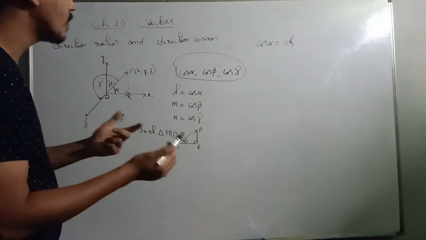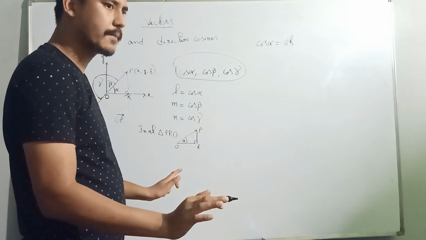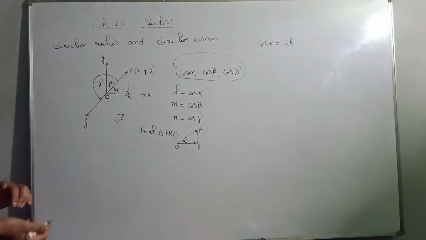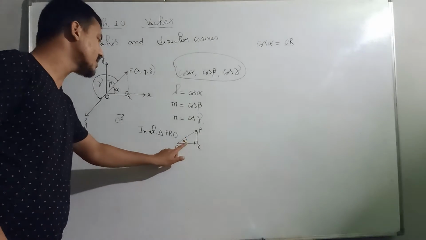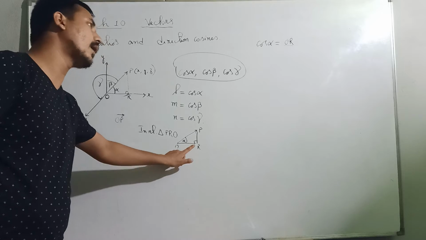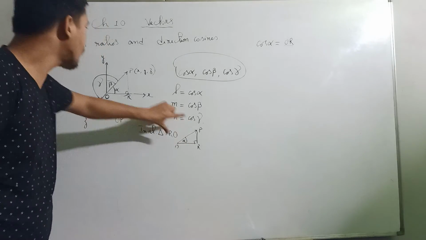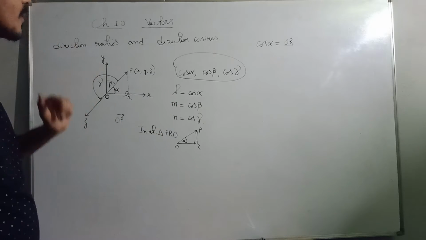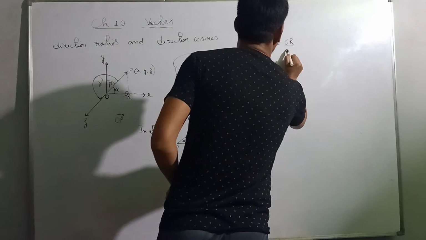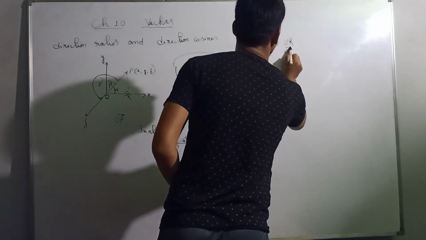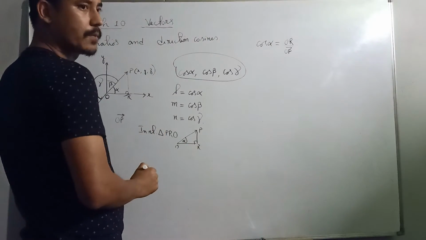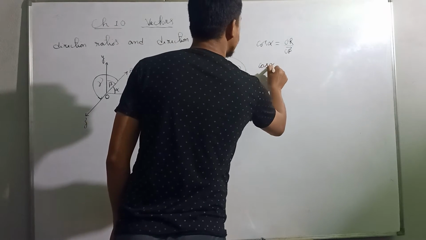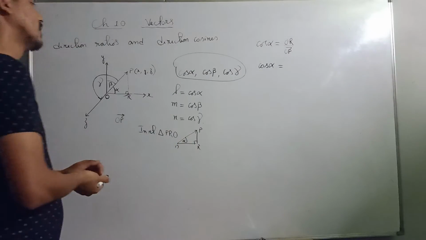Or if you want to take only the magnitude, that is also okay. You can just consider only the magnitude, no problem. Upon side adjacent to angle alpha, that is OR, upon OP, which is a vector. What vector? Position vector of P, right? OP is the position vector of P. Upon position vector of P, that is OP. Is it okay? So in that case, cos alpha will be, see,